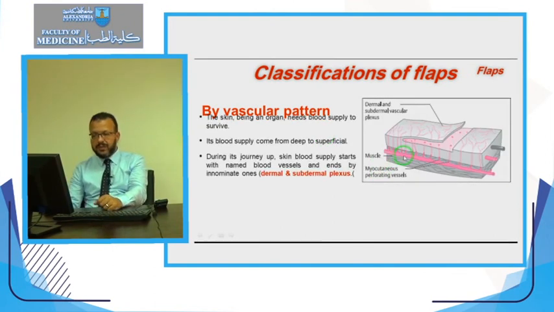If you remember from the first slides, we said that the skin gets its blood supply from deeper arteries that give branches, and with that anastomosis with other branches from other arteries forms the subdermal and the dermal plexus. So we are sure that each part of the skin is covered by blood, at least through the subdermal and the dermal plexus. And this subdermal and dermal plexus has deeper original arteries.